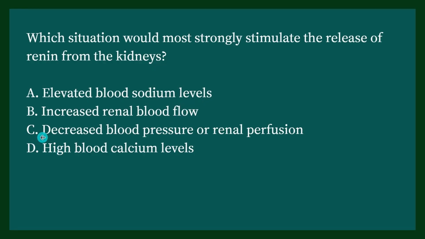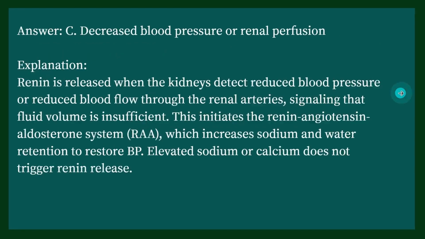Let's see. C, decreased blood pressure or renal perfusion. Ooh, I didn't hear that word before. Or D, high blood calcium levels. So calcium, we weren't talking about calcium at all in here. Decreased blood pressure, I know, has something to do with the release of renin, because renin helps our body to absorb more water by increasing sodium. So I'm going to go with C, decreased blood pressure, and maybe we'll find out more about what renal perfusion